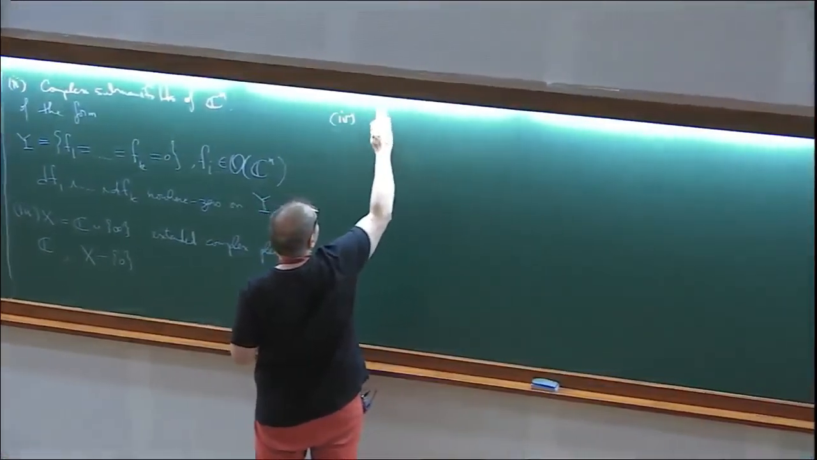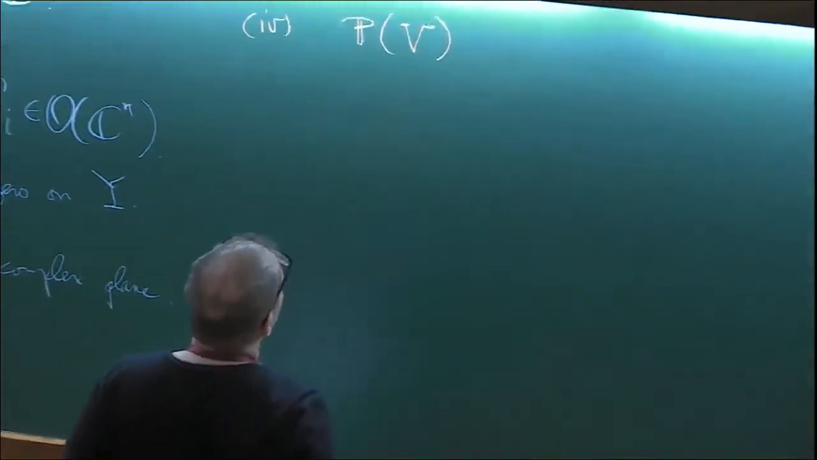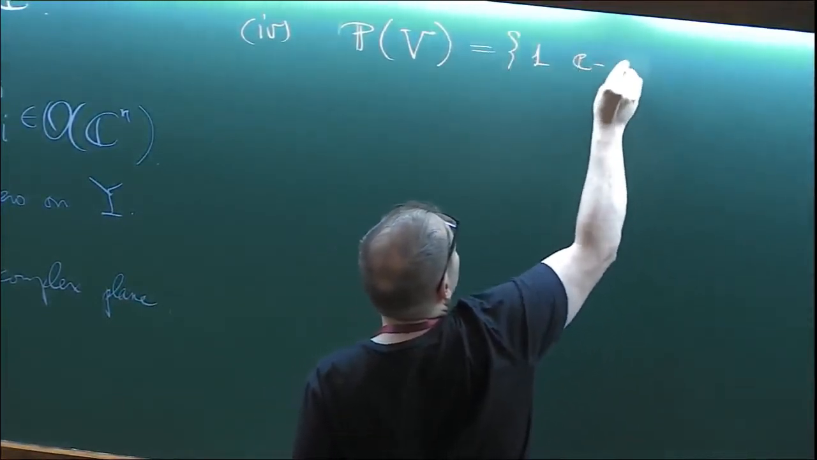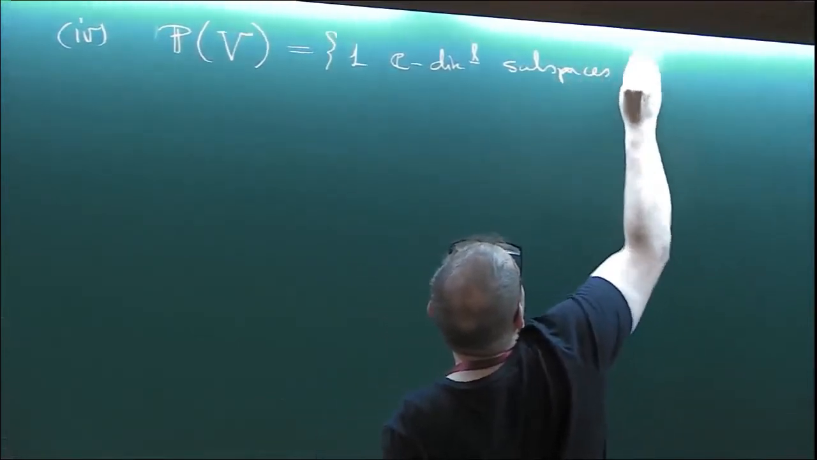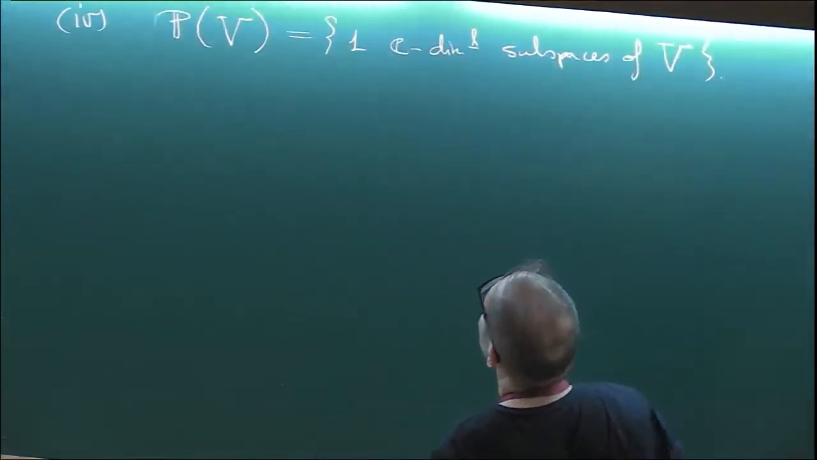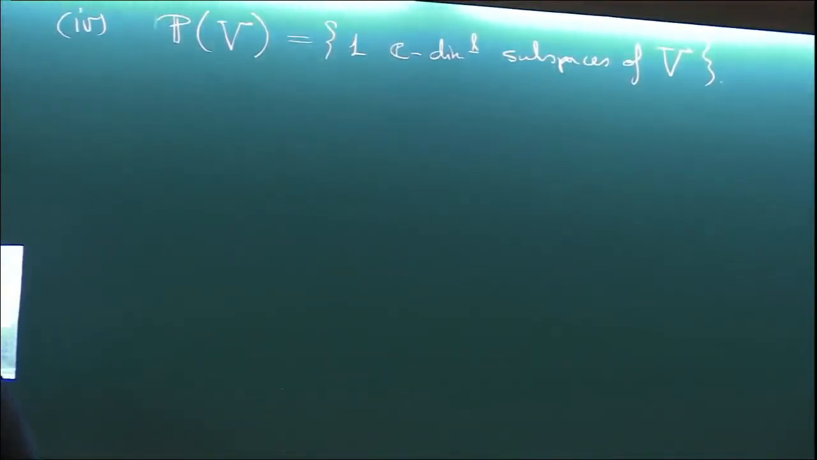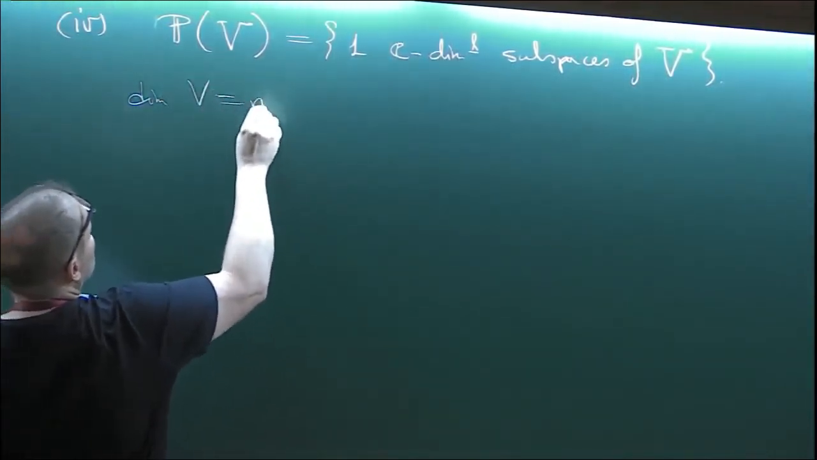So let's say if we have our complex vector space V, we can take the projectivization of V. So this is the set of all one complex dimensional subspaces of V. So this is also a complex manifold. So let's say if the dimension of V is n plus 1,